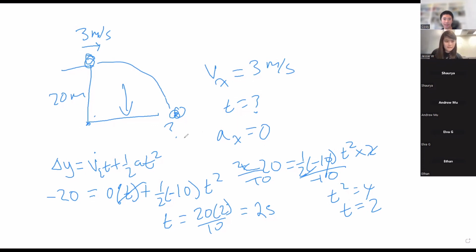So basically what we just found is the time it takes for the rock to hit the ground, right? Now we want to find how far it goes, the distance it travels. So we go in the x direction, and we use the same equation, delta x is equal to v_i